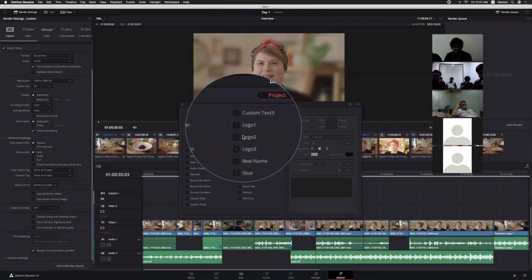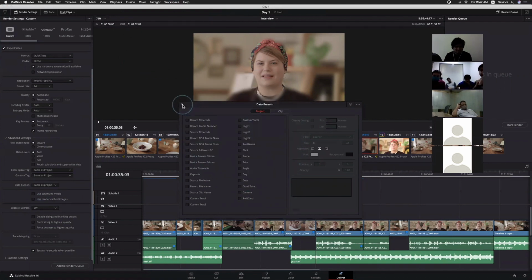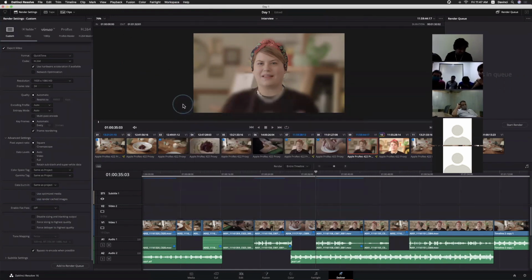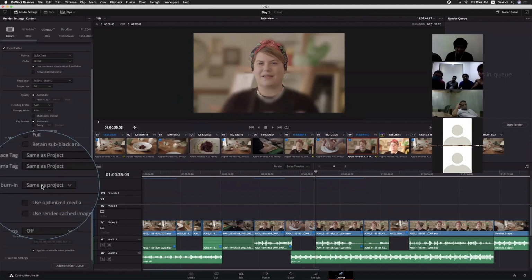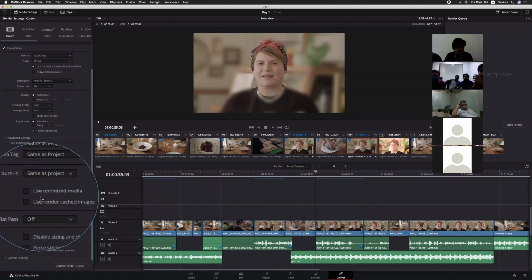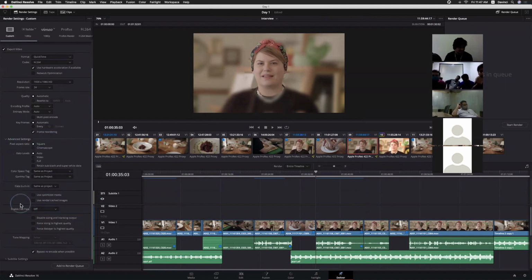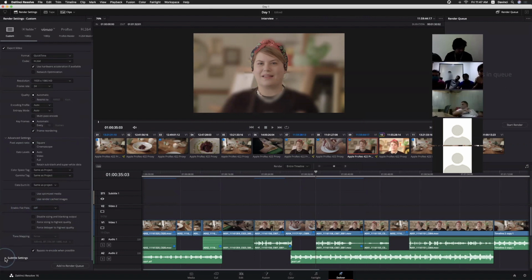We can even add logos and everything, right? So if you want to use the same options within the render settings page, you can use these things. And if you want to use optimized media for exporting and everything, you can select optimized media option also.